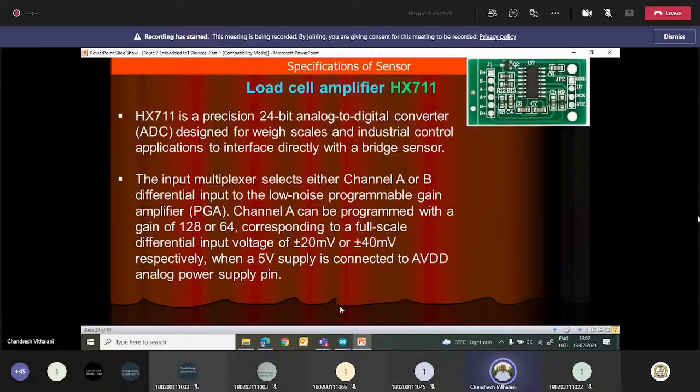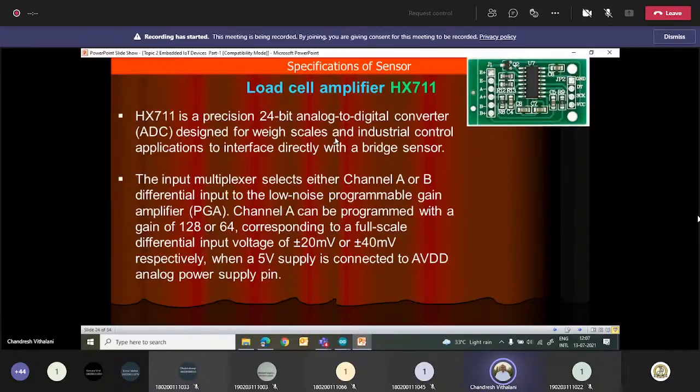So this HX711 is a module which will amplify as well as convert your load cell signal into a digital signal with the help of a 24-bit analog to digital converter. This is very useful for weighing scale design, because it requires more accuracy, particularly whenever you want to weigh gold or silver. In such a weighing scale, you require more accuracy. So for that, 24-bit analog to digital converters are very useful.